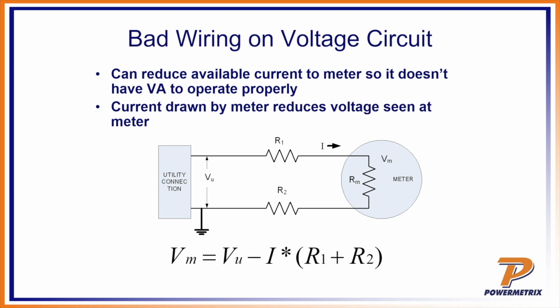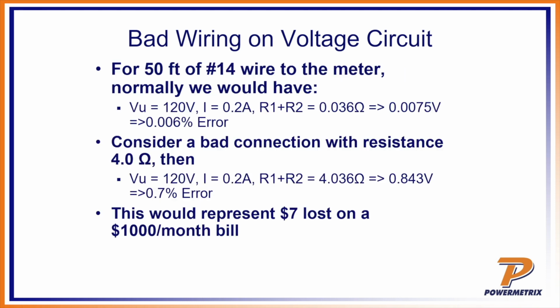Bad wiring on a voltage circuit can reduce the available current to the meter so it doesn't have the VA necessary to operate properly. So the current drawn by the meter reduces the voltage seen at the meter. Okay, so let's look at this example. For 50 feet of 14 gauge wire to the meter, our normal burden would be, get 120 volts supplied, 0.2 amps, and a